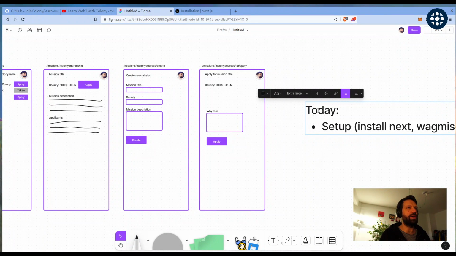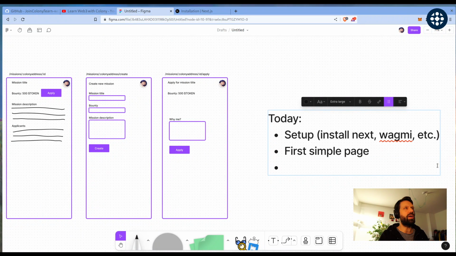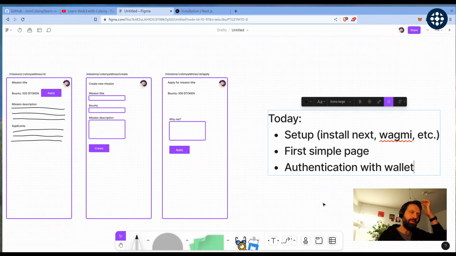We also wanted to use Wagmi, so this is going to be in our setup today. Set that up, and then first simple page, and then one thing I really wanted to do, I hope we can integrate that today, is authentication with your wallet. So that will be really cool,